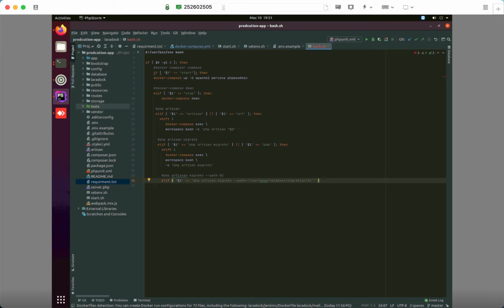Then we use one space, or if someone doesn't want to type all this command, maybe they use these short commands, $1 and then equal, and another double quotation is PHP artisan migrate 01. Then shift the 1 and then use docker compose inside, and then go to inside workspace container inside the bash and use this command